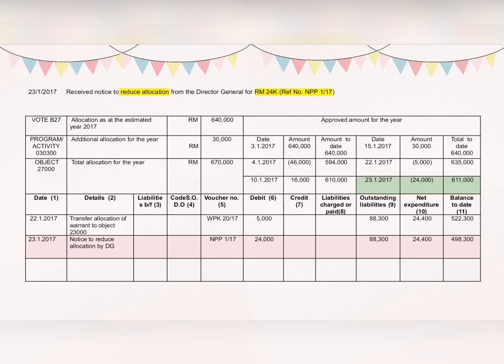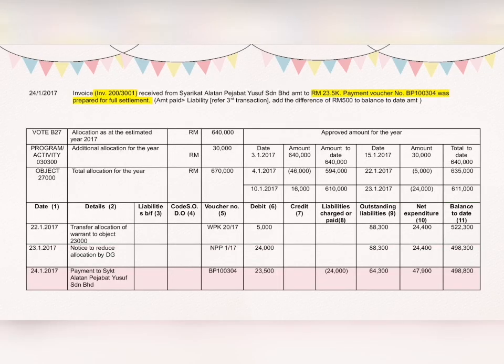In part 3, we will record 24,000 under debit column, and the balance to date now became 498,300 ringgit. So as we record the non-liability transaction, we must not forget to copy down the outstanding liabilities and net expenditure amount. So next one, on 24th of January, an invoice amounted to 23,500 is received from Syarikat Alatan